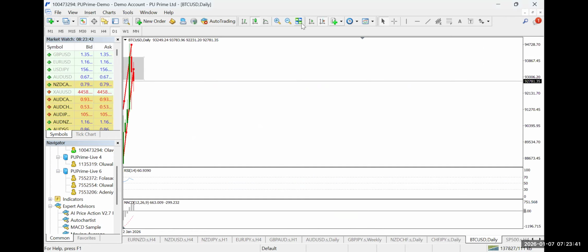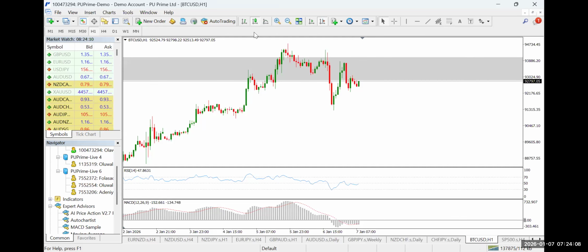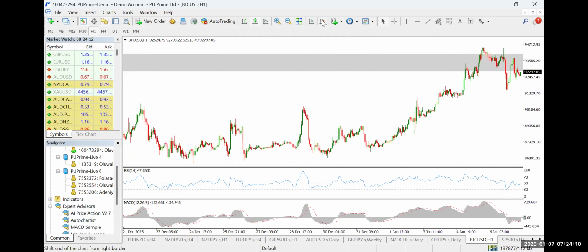Okay. So on the daily time frame, we can see that price is just hanging around this resistance zone for some days now. 2 days ago, price actually printed a full bullish candle, but then it got stuck in that resistance. Yesterday, some bearish candle. So let's just go to the 1 hour time frame. Bottom line is that we're stuck at a resistance zone.